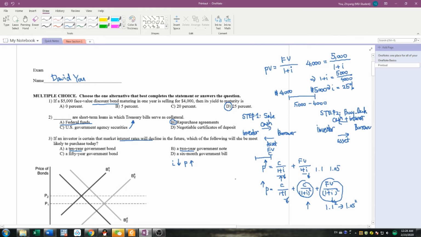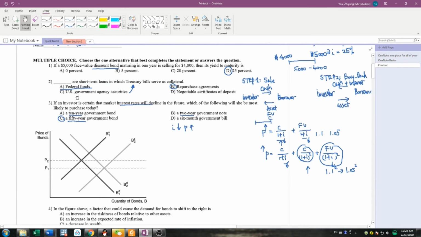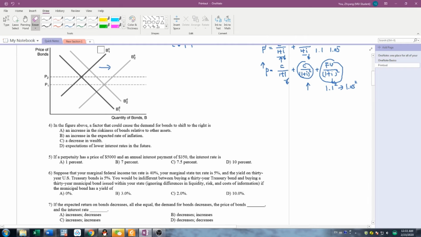So using this example, I know when the interest rate goes down, the longer the bond is, the more value it is going to gain, right? So with that rule, I'm going to select the one with the longest maturity date, which is C over here, the 50-year government bond. Okay. So if we keep moving, for question 4, in the figure above,